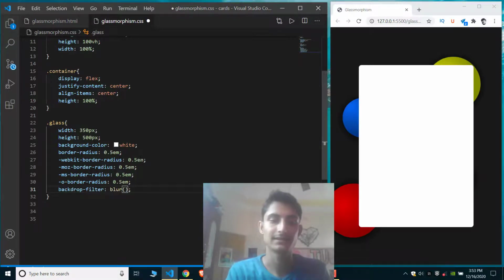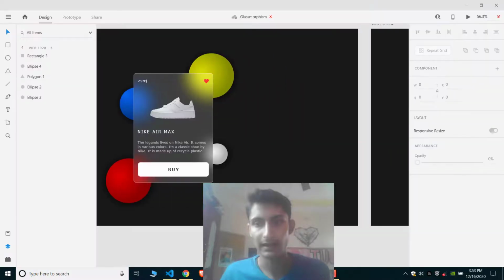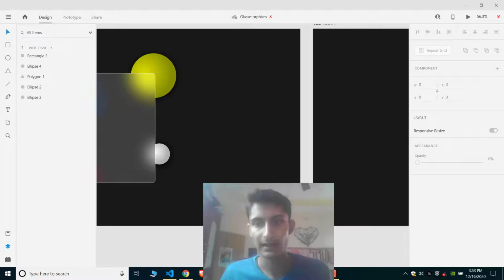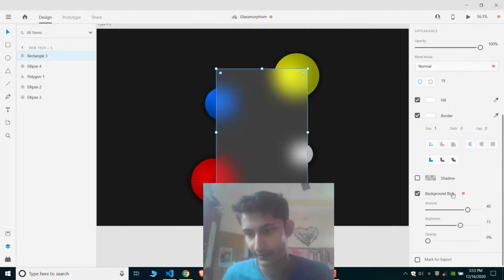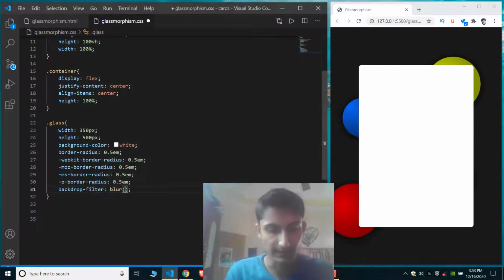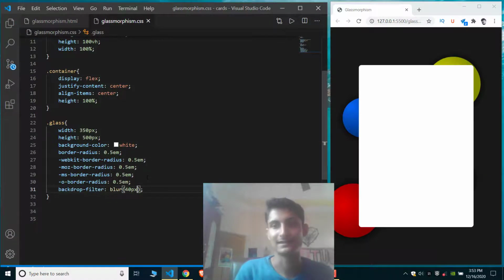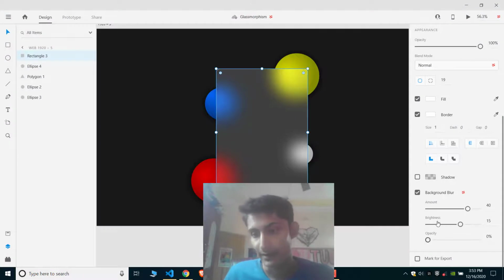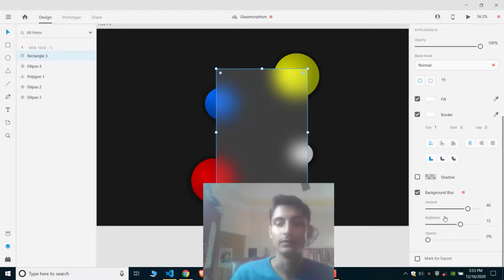and inside this function we will provide the value. So here you can see in our Adobe XD case what value we have given here. We can see that it's 40, so we can write down 40 pixel inside it. 40 pixel, that's it, and the value is there. But there is no effect. Why? Because if you see Adobe XD, there is other values too, like